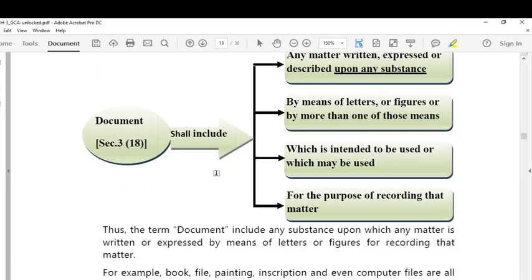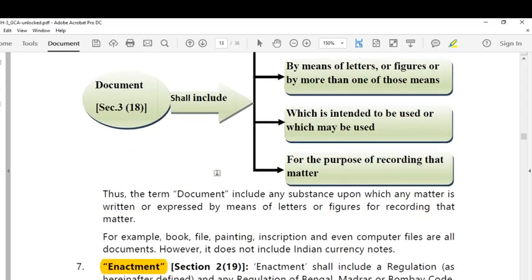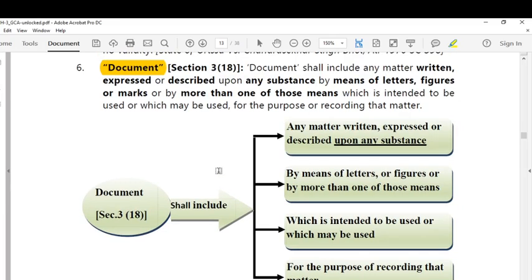So the next definition is about the document. Document, we keep using this word in day-to-day life. So how is the word document defined in the General Clauses Act? Document shall include any matter written, expressed, or described upon any substance by means of letters, figures, or marks, or